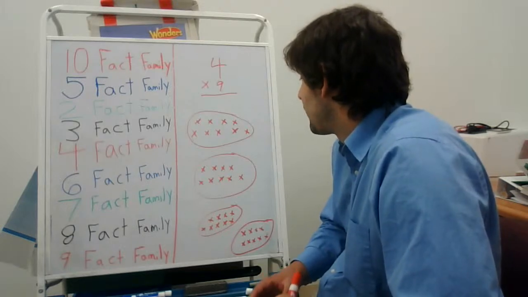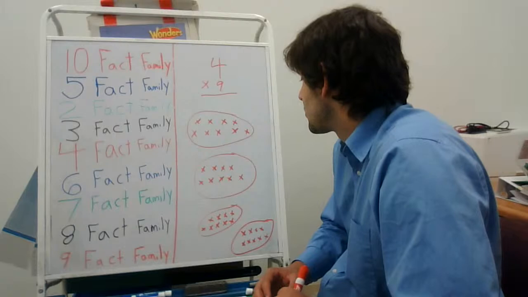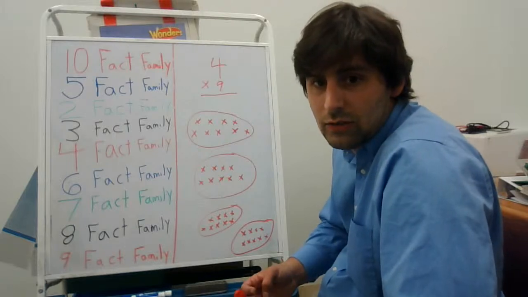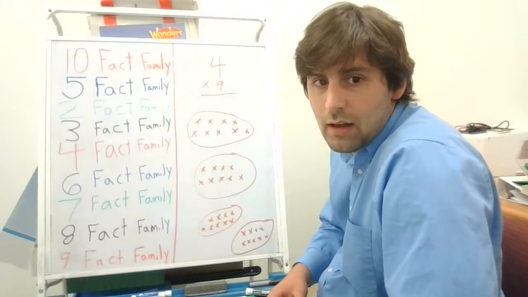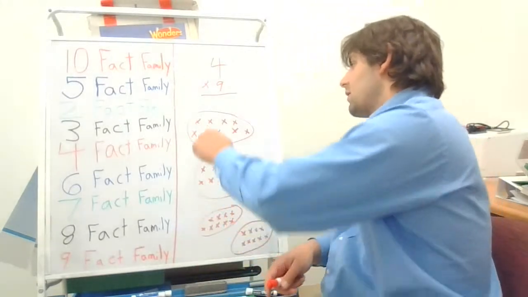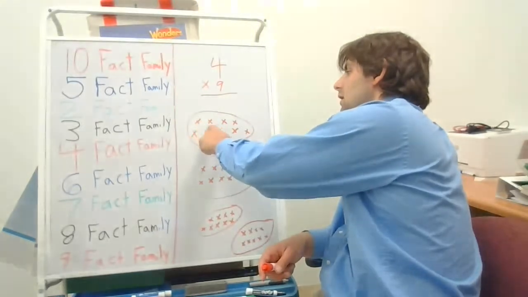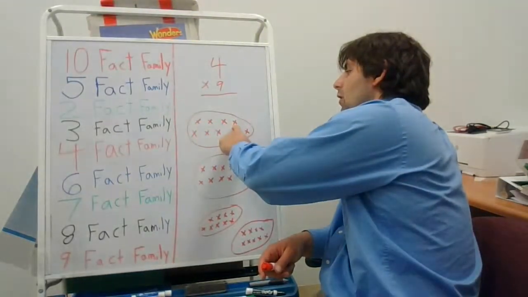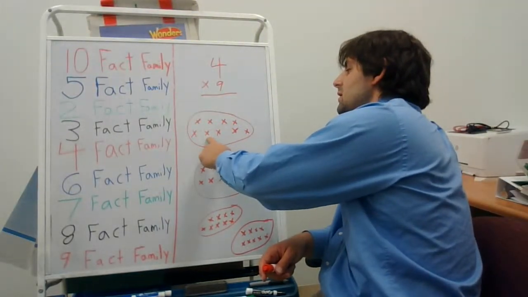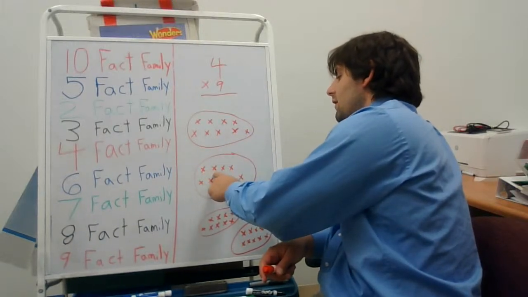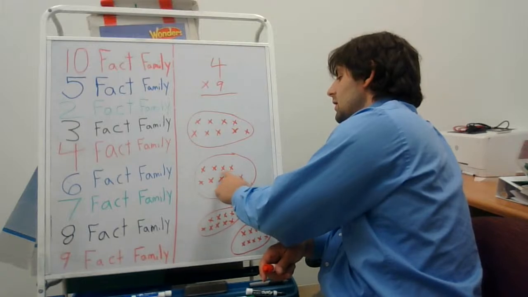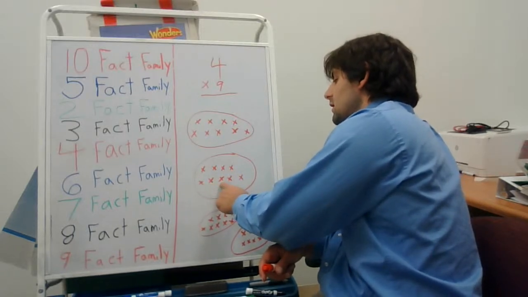All right, so I have 4 groups of 9. I have 4 circles with 9 X's in each circle. I'm going to count the total number of X's and see how many total X's I have. Here we go. 1, 2, 3, 4, 5, 6, 7, 8, 9, 10, 11, 12, 13, 14, 15, 16,